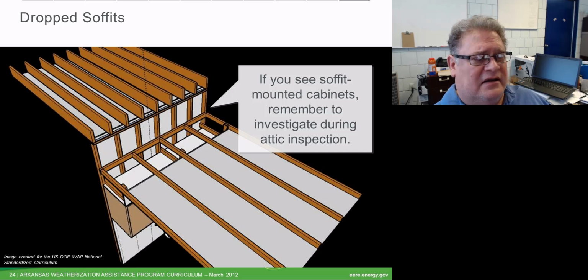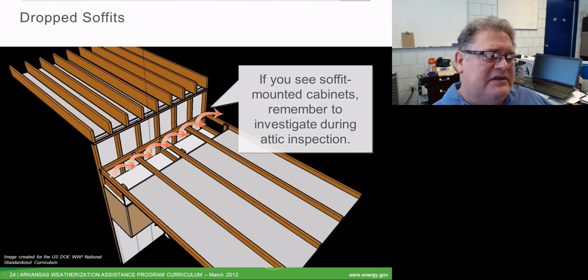Let's take a look at this next slide. Here we've just changed our angle. We're now looking at it from the attic side. So if you see soffit mounted cabinets, the thing to consider is that you're probably going to have air moving up through there. The other issue that we have is that our thermal barrier and our air barrier,